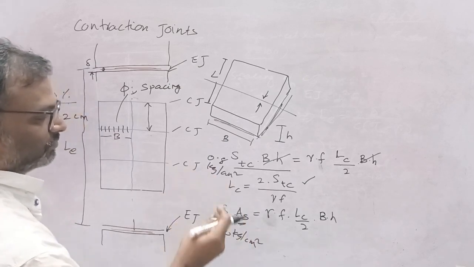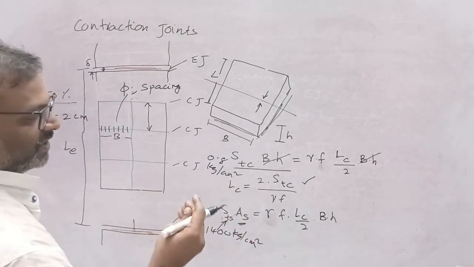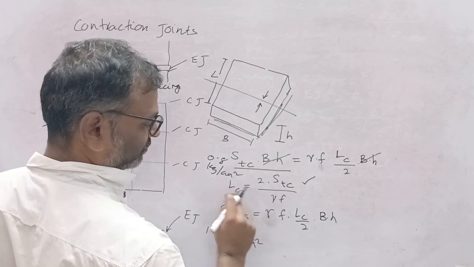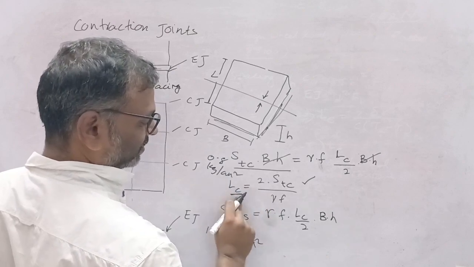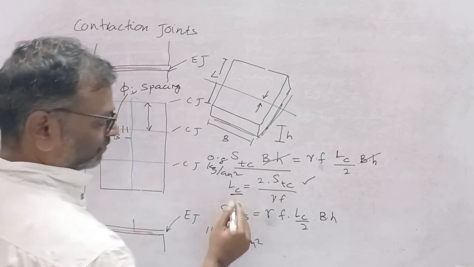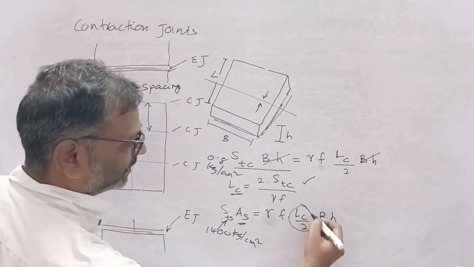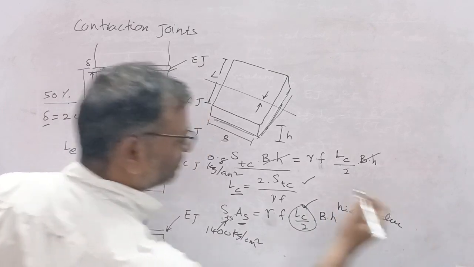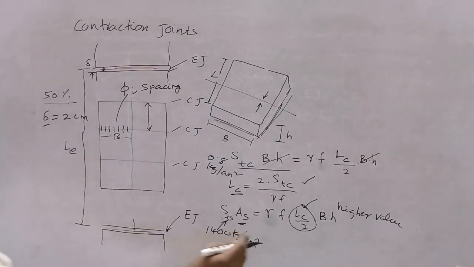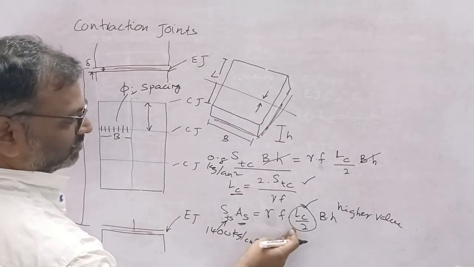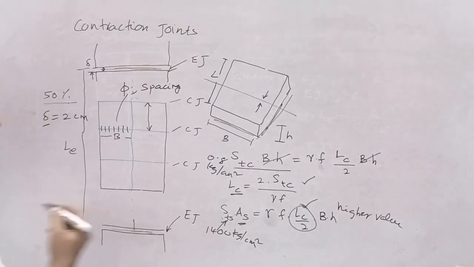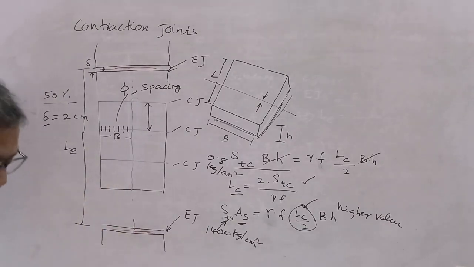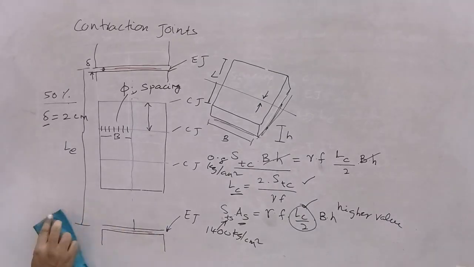And if you observe, once you calculate an example, then you will understand that the length of the contraction joint will be a higher value. That means the length between contraction joints gets increased because of the use of steel. So if it is clear up to now, then we will move to